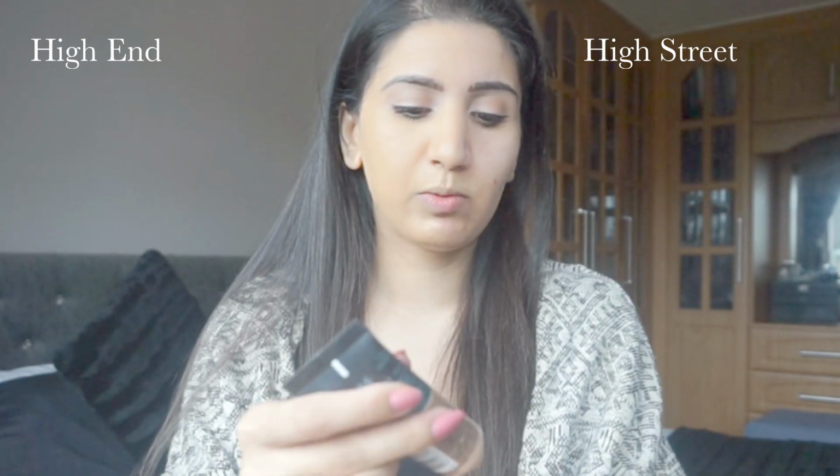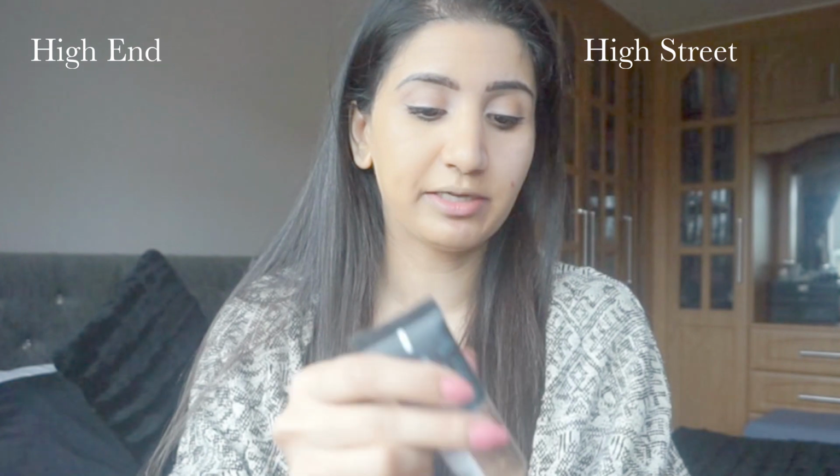The Nars one I find is quite runny, so when I'm putting it on my hand so then I can put it on my skin, I do find it's a little bit runny, and I found it's the same with the Maybelline Fit Me, and it always made me wonder if they had good coverage because they were so runny, but they really both have really good coverage, so I was quite surprised at how good it was. I've put less than maybe a pump, so I may need to add some more, and I'm going to use